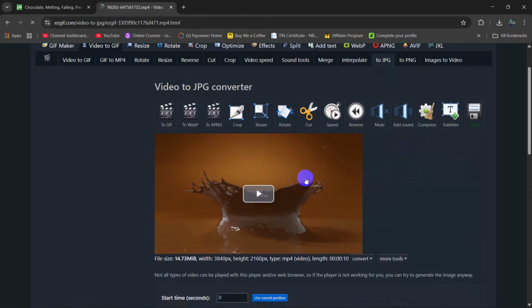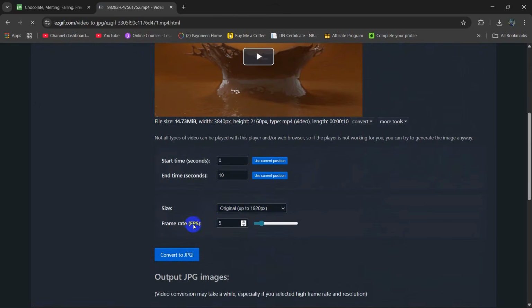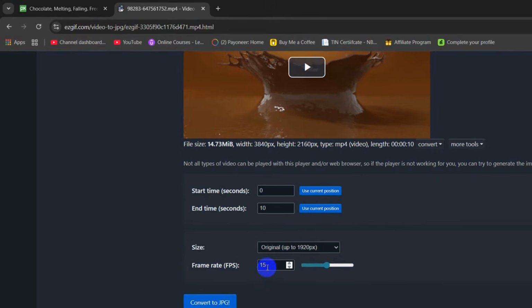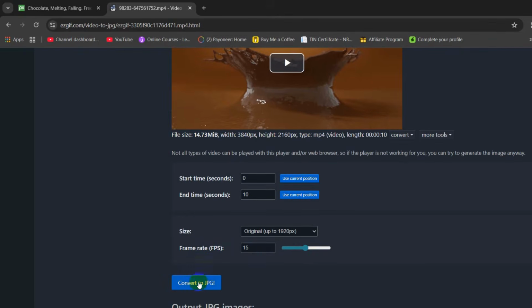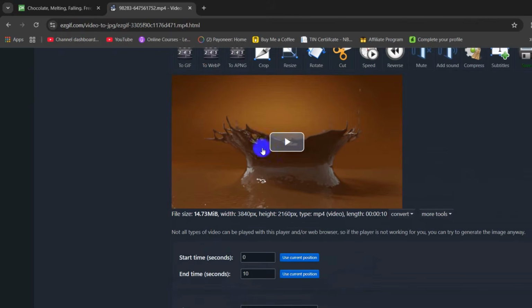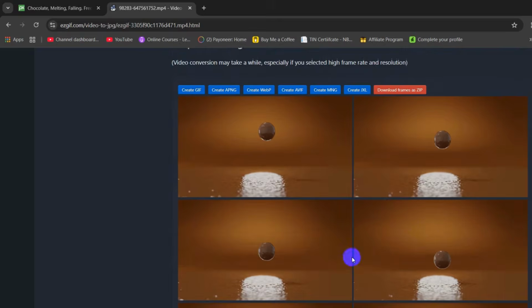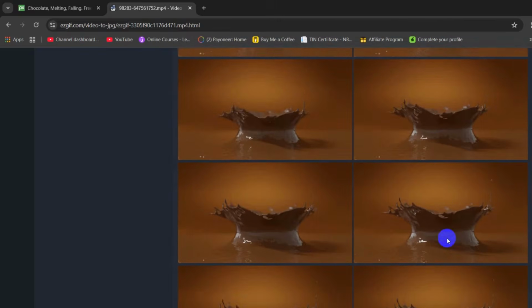So when the uploading is complete, you just need to go down, and here you will see this frame rate option. I'd prefer you choose frame rate 20 or higher, but I'm going to choose frame rate 15. I think 15 is more than enough. Then I'm going to click here, convert to JPG. So what it will do is that it will start converting this video file to JPG files, and it will generate a lot of JPG files. Here you can see,